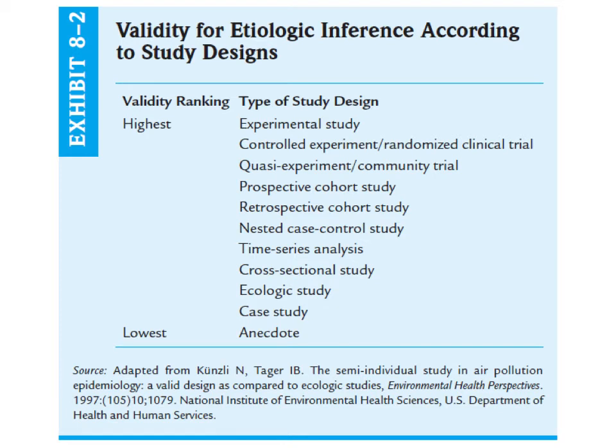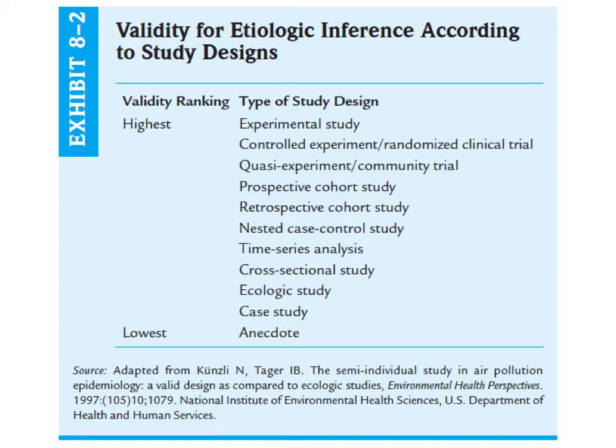So this is a figure from your book that ranks different types of study designs, and we've talked about most of these, not all in detail. But you can see that at the top, the validity ranking, meaning the gold standard or the best type of study design, would be an experimental study, because as a researcher, you have a lot of control over the fact that these people are receiving this treatment. You didn't pick people into placing them in the groups, and so you can reduce a lot of the bias that would interfere with the interpretation of your results.